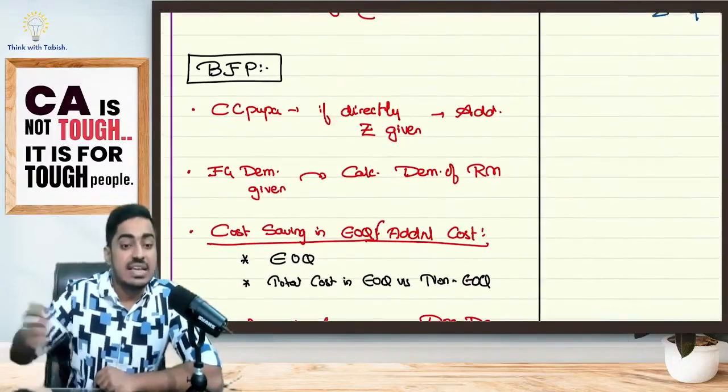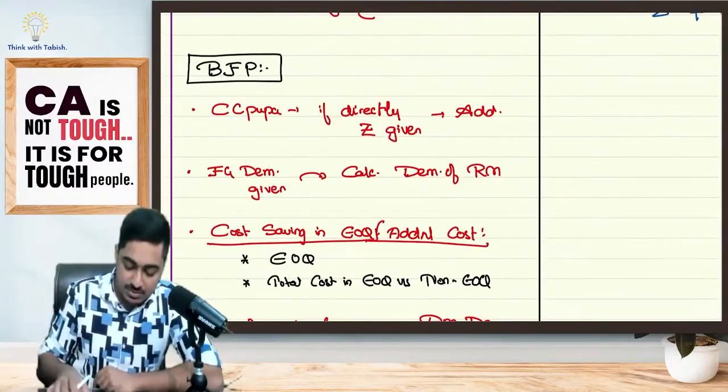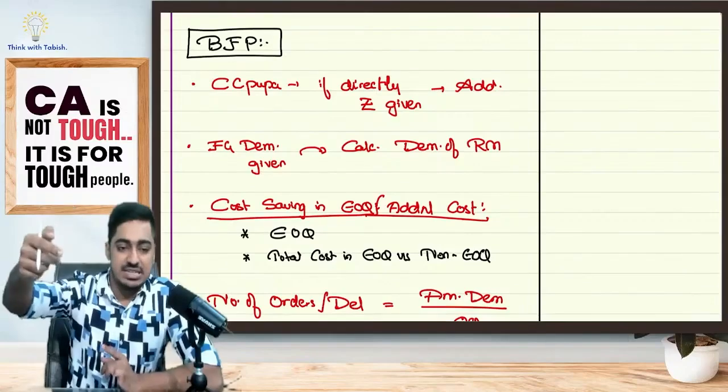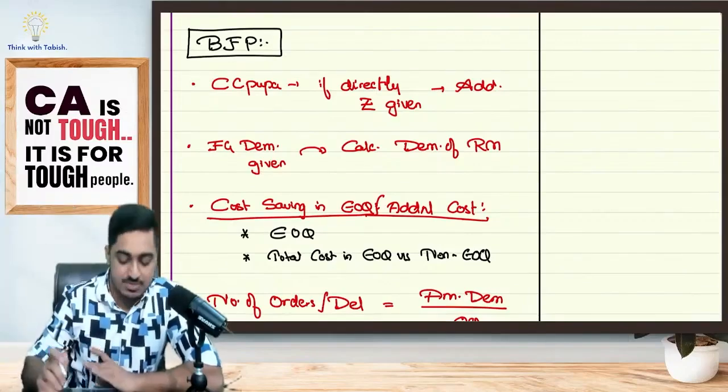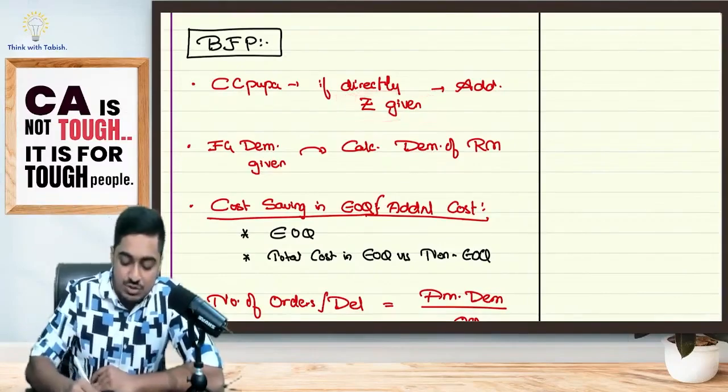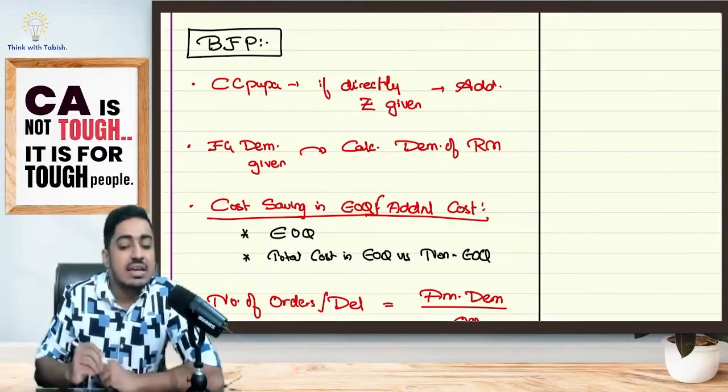Okay. Additional adjustments we had seen, in the form of blast from the past. We have told carrying cost per unit per annum. If it is given as a percentage, I will be putting it as a percentage of purchase price. If it is directly given as rupees, I will directly add. Suppose the question tells me storage cost is 2 rupees per unit per annum, I will directly consider it, as simple as that.